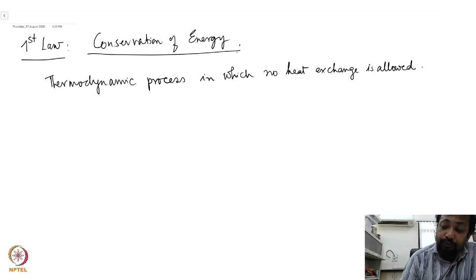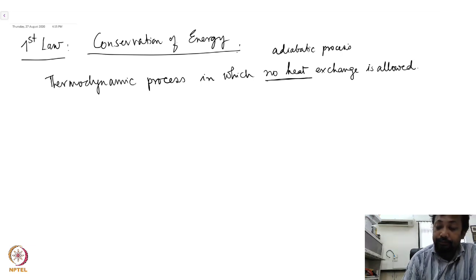As we go on further and further, you will realize that no heat essentially means an adiabatic process. We will slowly give you the terminology as we go ahead. So in which no heat exchange is allowed, then the work done